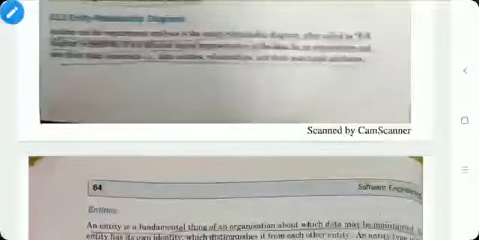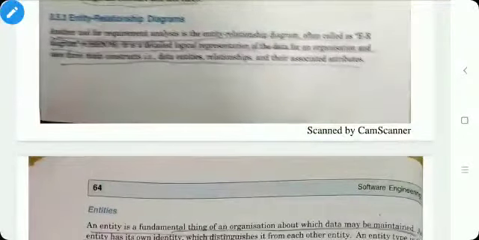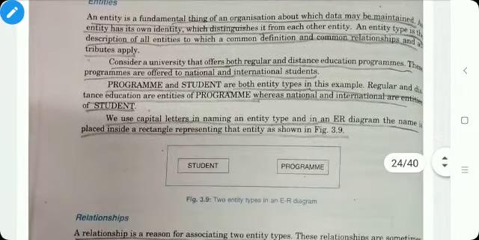Dear students, in the last section we have seen data flow diagrams, that is DFDs, and data dictionaries. In this section we will see the entity relationship diagram. This entity relationship diagram is another tool for requirement analysis, and it is often called the ER